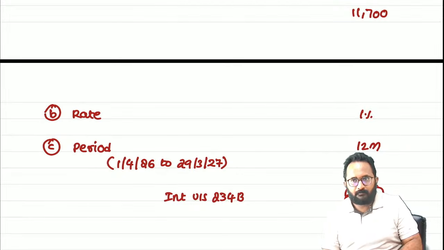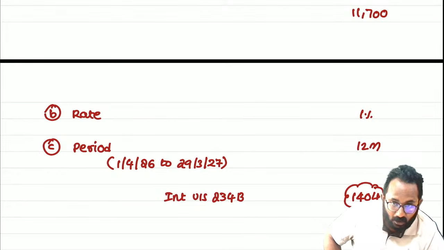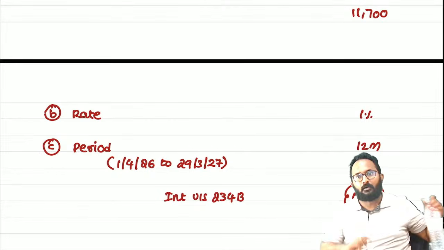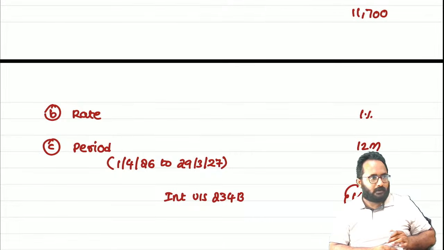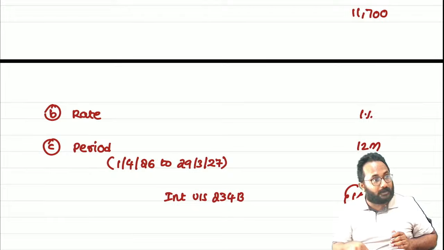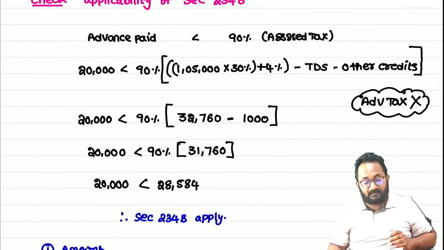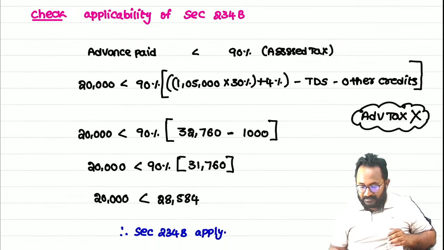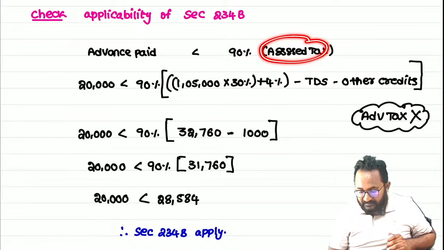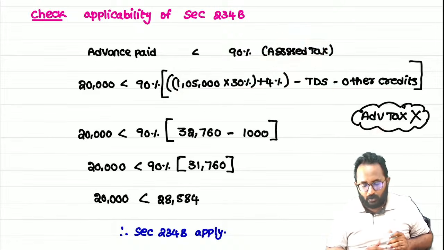So simple. Here non-payment also, short payment also, who will compute? Both. First the assessee, then after, the AO. Clear? But what is that important point? Non-payment okay, short payment is there. We have to prove that it is short paid. At the time of checking the short payment, from assessed tax, all credits except advance tax you have to remove.